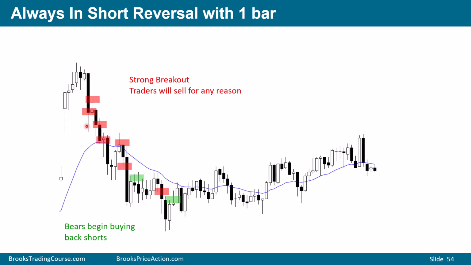We had a strong bear breakout closing on its low, and it's a strong enough bar that the odds favor a second leg. So what will bears do? Bears will sell, they'll scale in, betting on that second leg down, and they'll sell all the way down and sell the pullbacks until the bulls have a credible bottom. Can the bulls buy here? Some might, but it's really not ideal. A bull buying right there, they're realistically going to buy more lower. But because of all the buying pressure here, here, and here, it increases the risk that this is a bear leg in what will become a trading range.